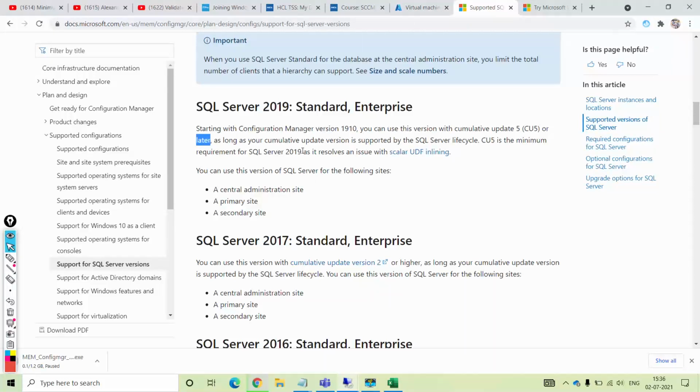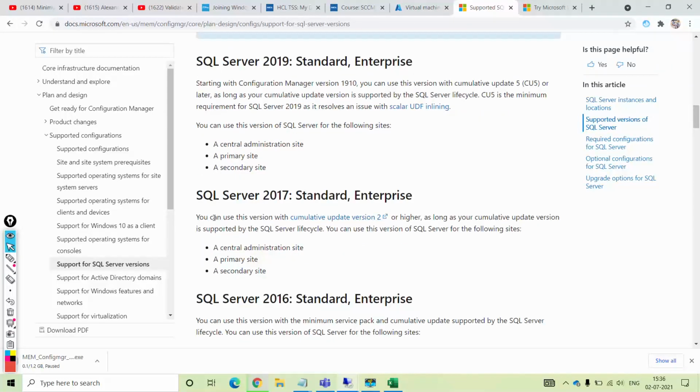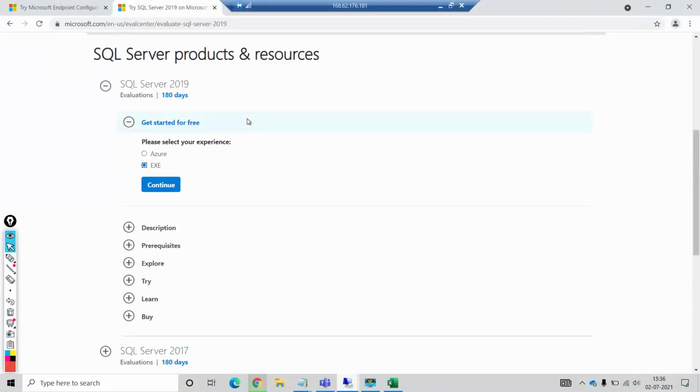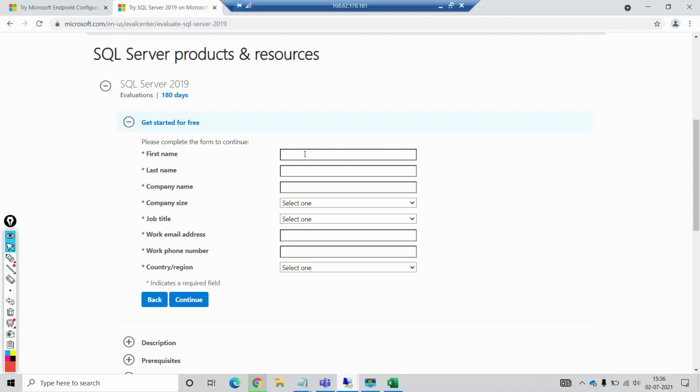If I come to the screen, you can see you can use this version with cumulative update version 2 or higher, as long as your cumulative update version is supported by the SQL Server lifecycle. So we will instead download 2019, so that will be the better option. So I'll click continue with exe. It is asking my details, I'll fill my details.